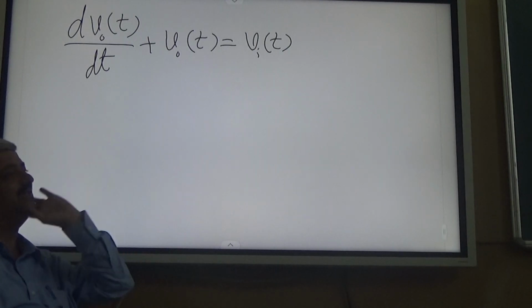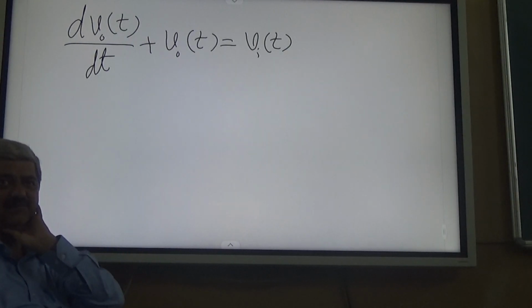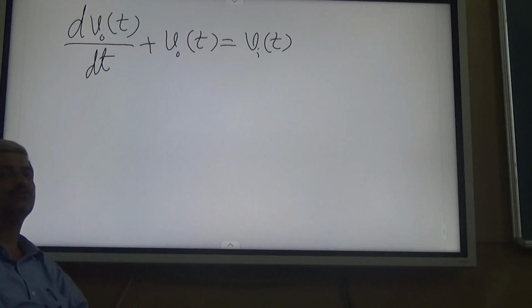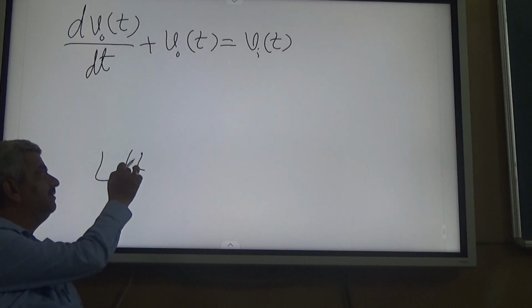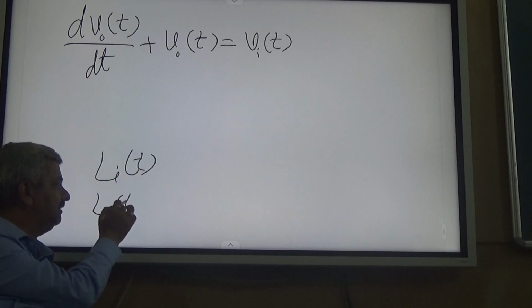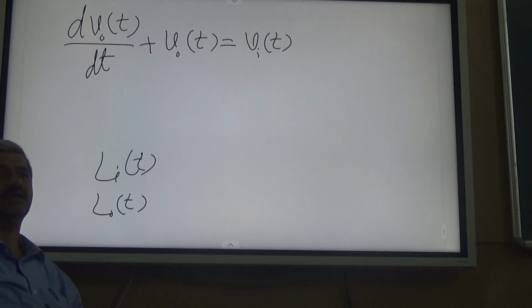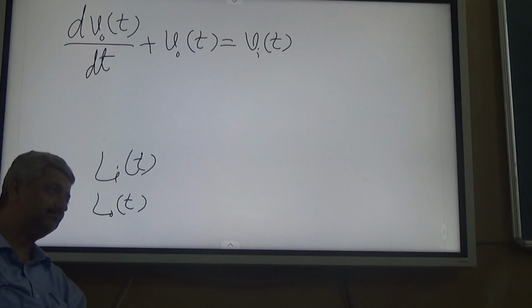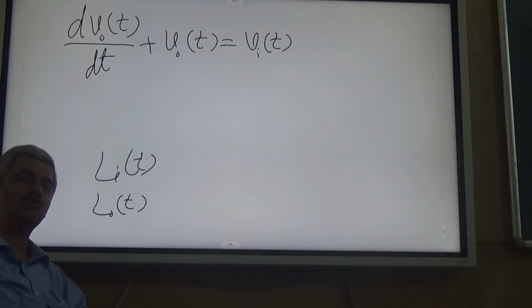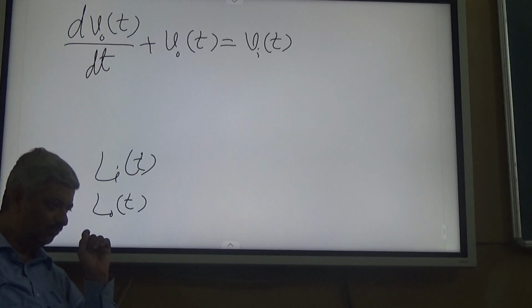knowing V in t, V in t is a function of time. For every time instant there has to be some voltage level. L in t means at every time instant there has to be some water level. So if I say L in t or V in t, these represent continuous functions of time. At every time instant they are defined. So, what we can say,